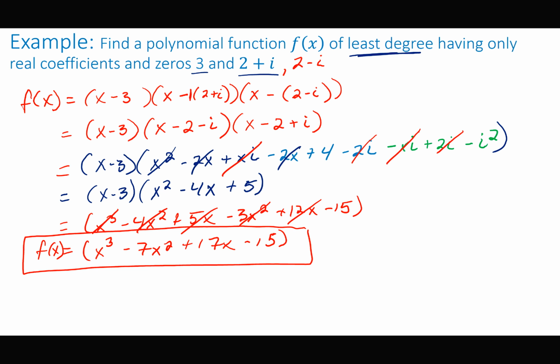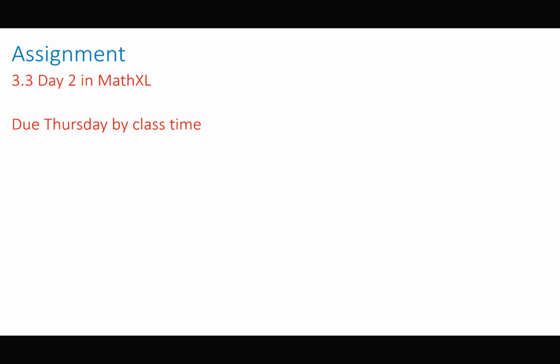Hardest part about this problem is recognizing your zeros, 2 plus i, 2 minus i. If you always think of it as x minus, you won't go wrong. Okay, x minus what? Get that into 3 terms. Once you get into 3 terms, it's long, it's tedious, but you just multiply every single term all the way through. Start simplifying, multiply it by this final x minus 3, combine like terms, and you get to your final answer. Okay? All right, so